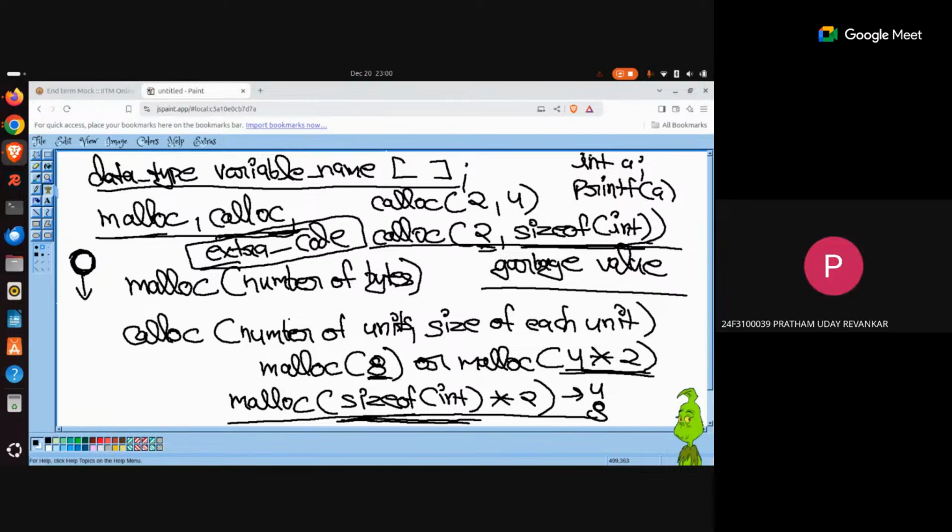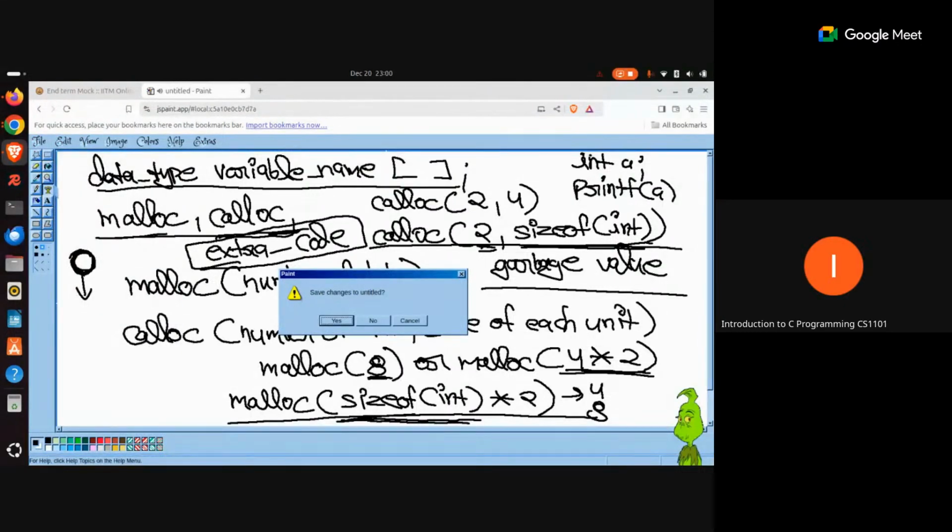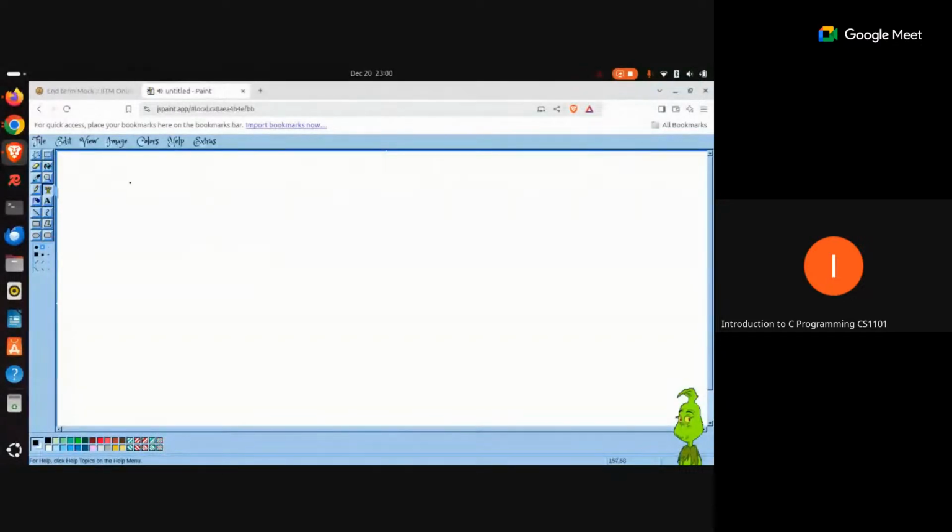Yes, sir. Right. Okay. And the last thing that I wanted to discuss is free. What you have done is you have used malloc or calloc in order to request some dynamic memory. As I told you, it is the primary responsibility of the programmer to release the set of memory chunks that he or she had requested dynamically, so that the same memory resources can either be made available to some other processes if they require them, or to the same program at a later point of time, right?